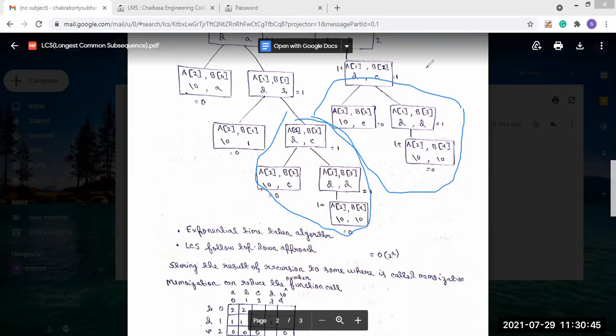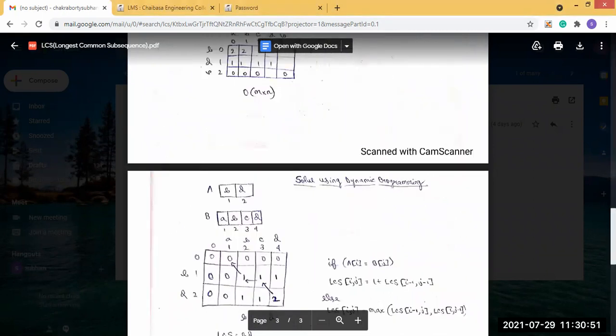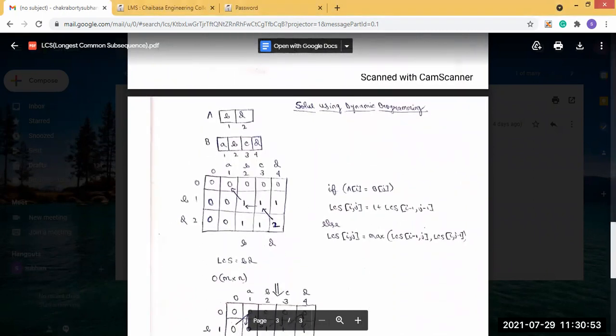So this is one type of LCS, using memoization. And the last type is solving using dynamic programming. So how can it be solved using dynamic programming? Here we have written the first string, and this is our second string.